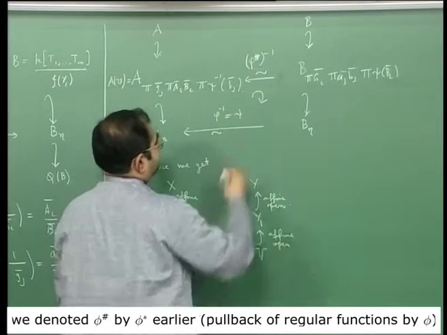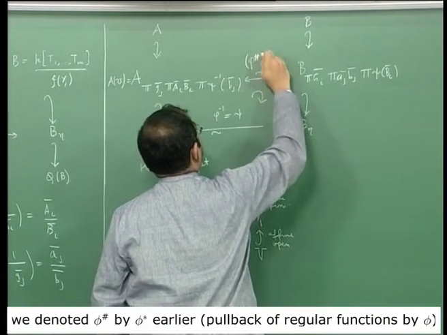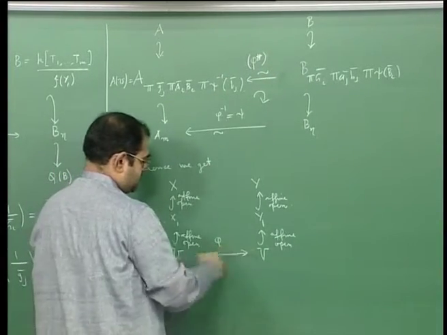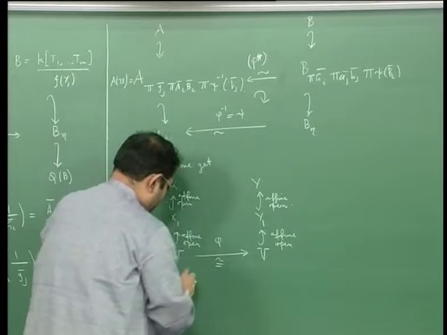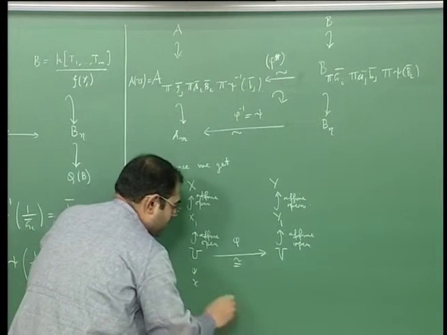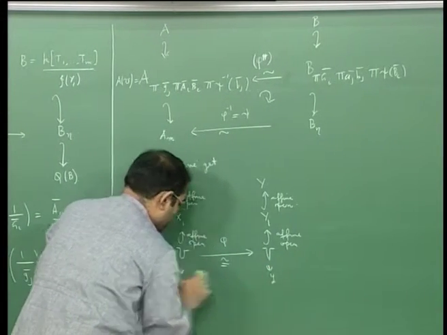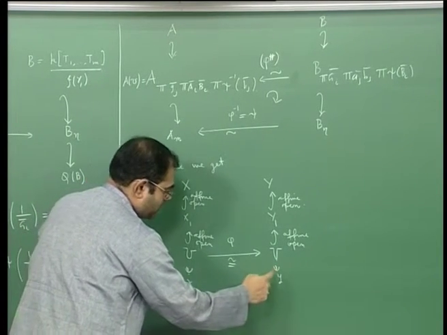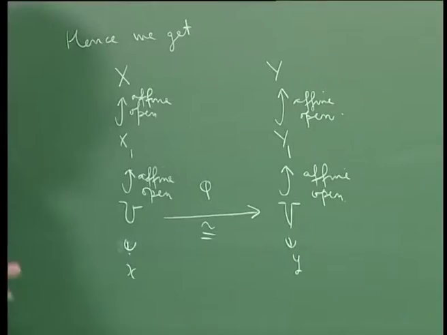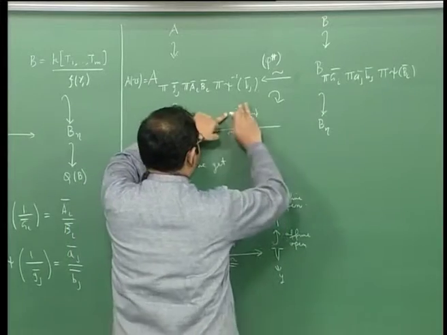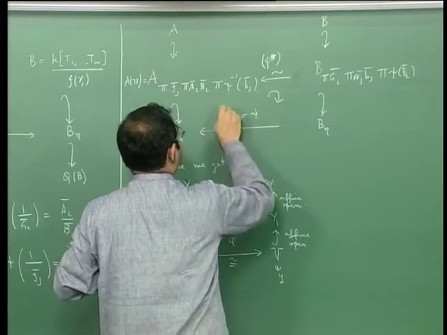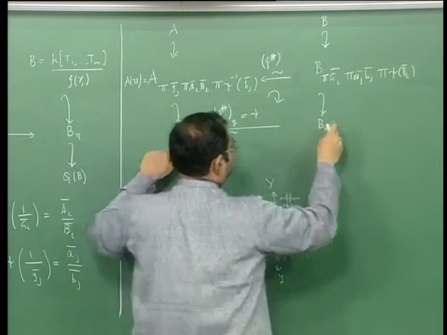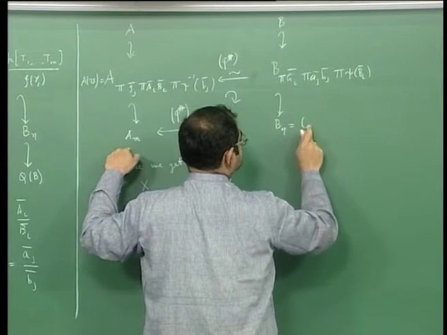Then this isomorphism will take the point small x to the point small y, so it will induce an isomorphism of the local ring of y with the local ring of x, and that is exactly this. That is just phi upper hash at y, and mind you this is identified with